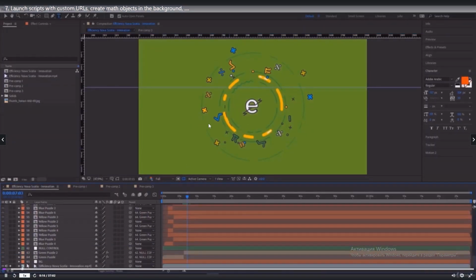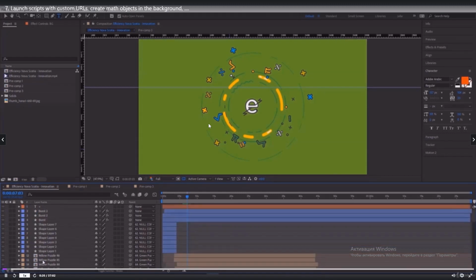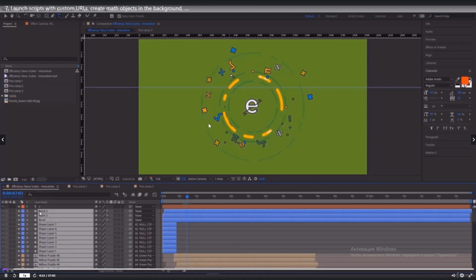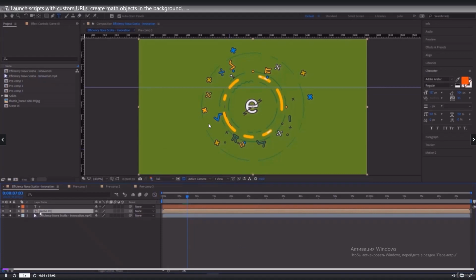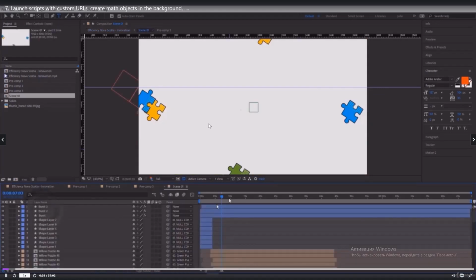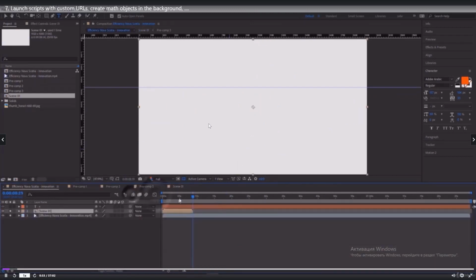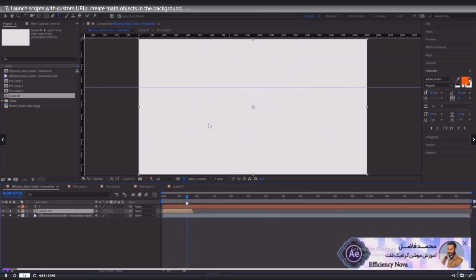To manage and organize your project, you can simply select everything you've done so far, pre-comp them, and call it, for example, Scene 1. Okay, this is our first scene. Next thing I want to do